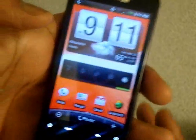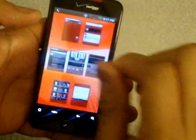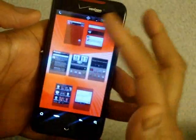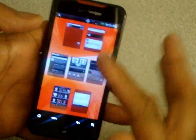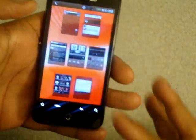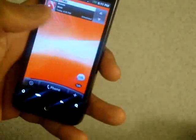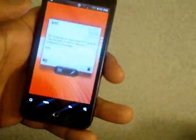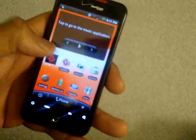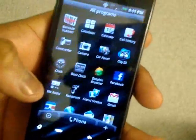HTC has also implemented this function called Leap, which basically you just pinch on the home screen and it gives you an overview of all 7 of your home screens. So if you're on the leftmost home screen, you just pinch and you want to get to the right, it's super quick, rather than swiping. Not that swiping is slow, but pinch and tap is probably faster than swiping through all the 5 screens in the middle, which is kind of cool. Also,